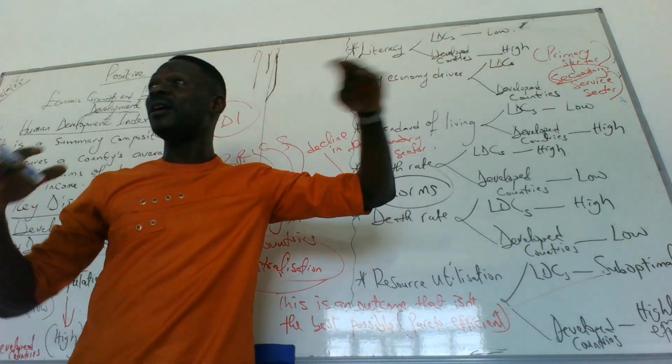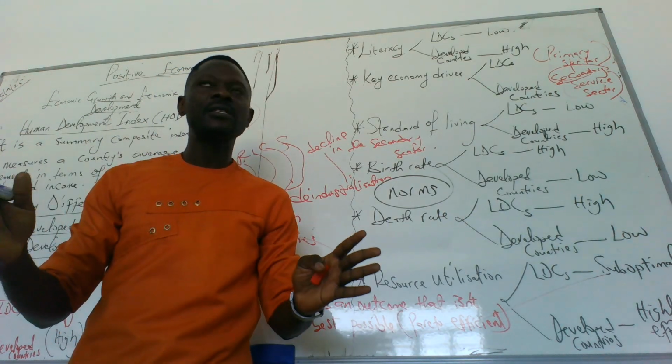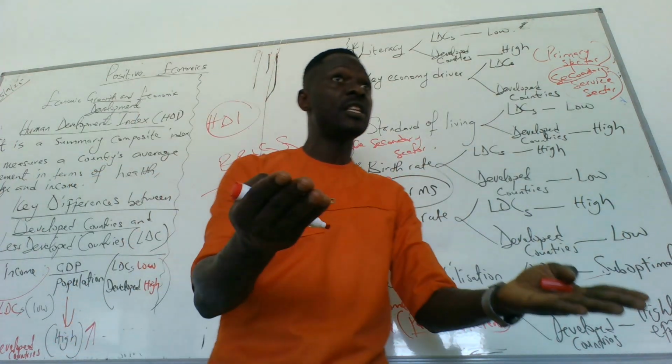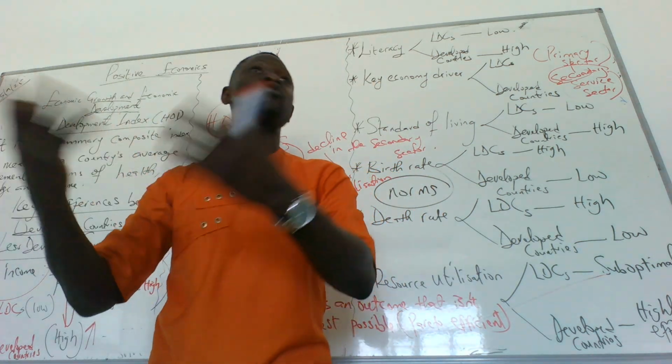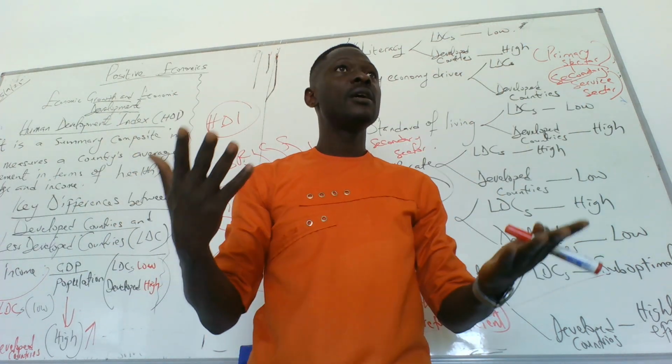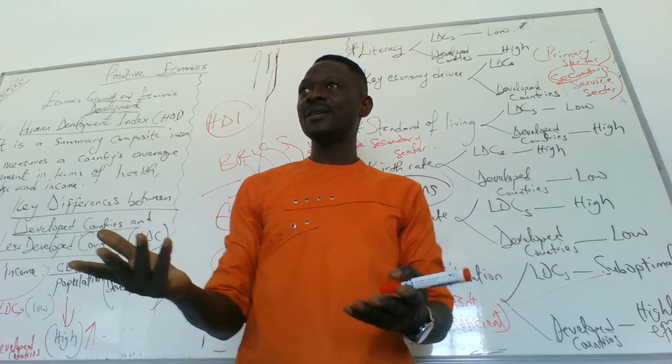Countries like America and European countries don't convert raw materials anymore. They do services. An example of services is what we watch these days. Before now, there were compact discs and VCDs, but now we stream Netflix and Amazon. Technology has changed things. That is services. Do we get it? Yes.